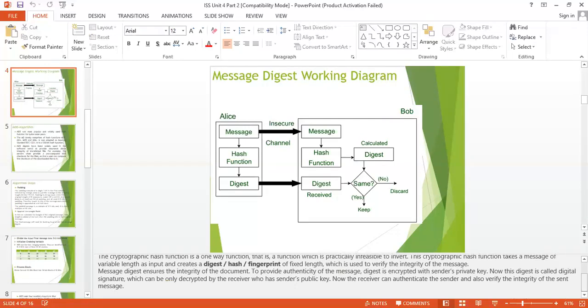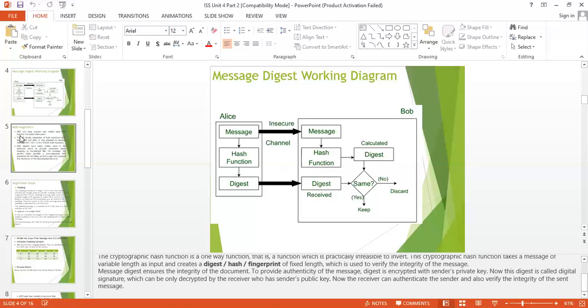To provide authenticity of the message, the digest is encrypted with the sender's private key. Now this digest is also called a digital signature, which can only be decrypted by the receiver who has the sender's public key. Now the receiver can authenticate the sender and also verify the integrity of the sent message. So this is basically how the message digest works.